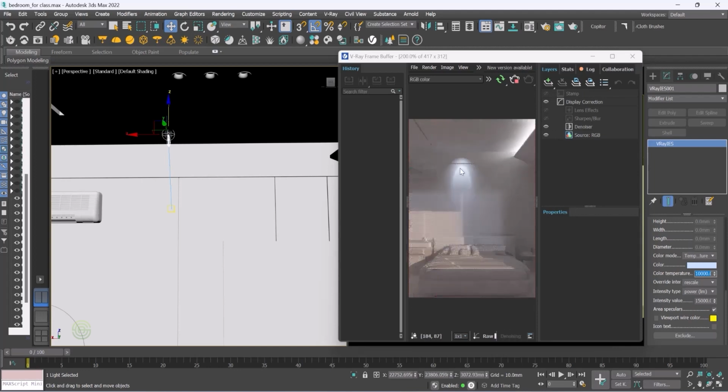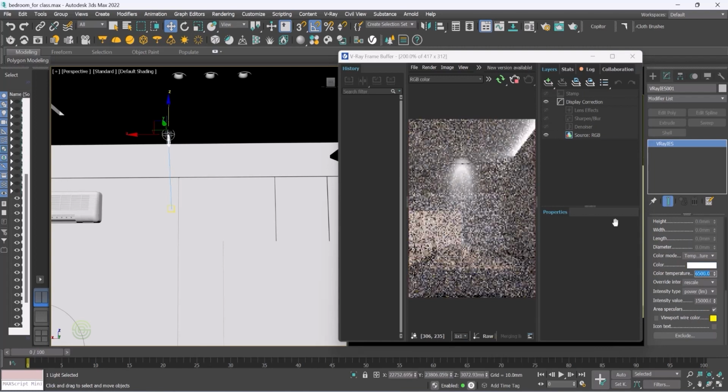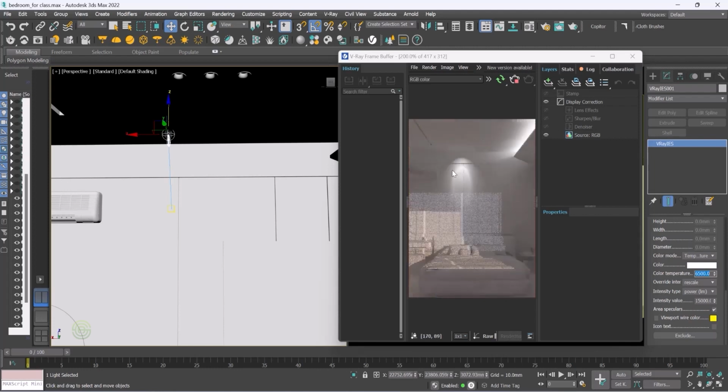This shadow looks like a cool light. So if we change it to 6500, it is a neutral light, a white color light. So this is how we can bring IES lights in the interior scene: we just place the light, and after that, once we select the IES file in the modifier,